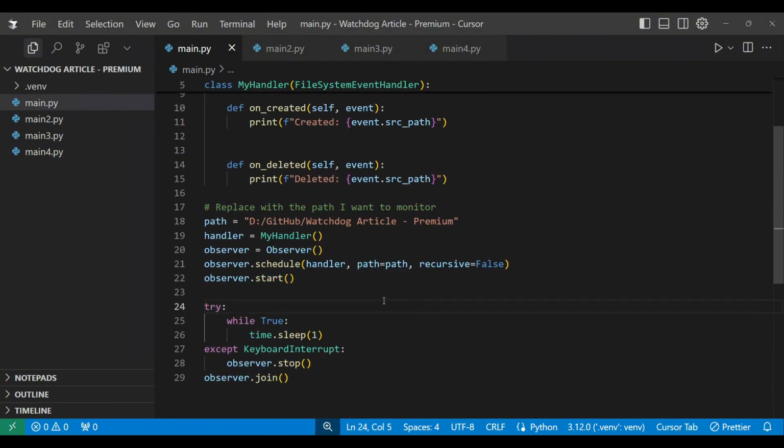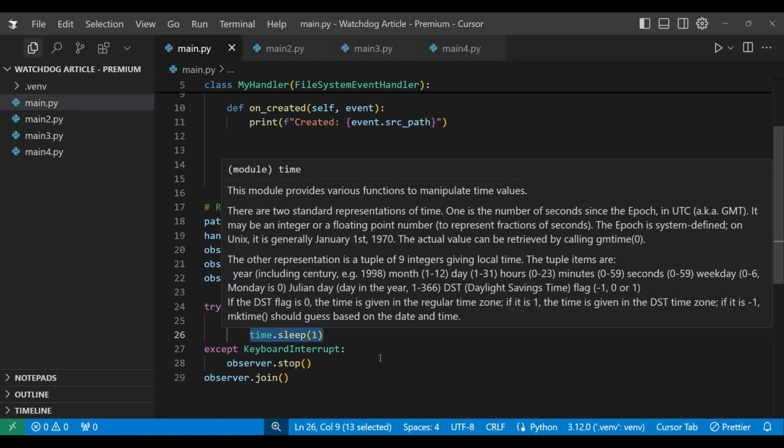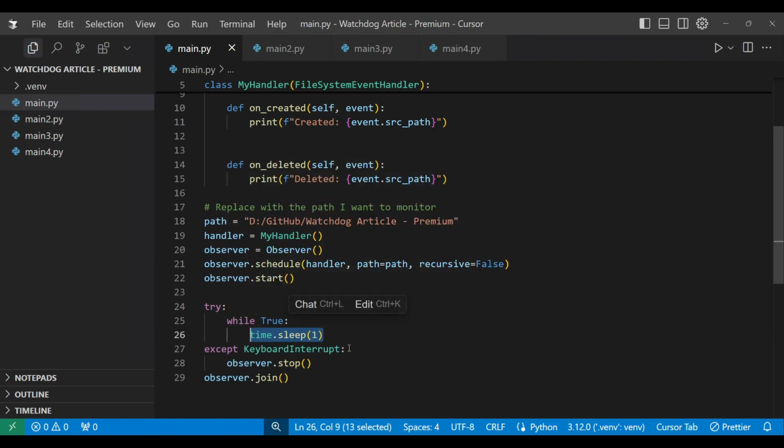So in order to monitor, the script needs to be active. And for that, we're building a while True loop, so it continues indefinitely. We're doing a time sleep to keep the script active. We're surrounded by a try and except, so that we can stop the observer when we do Control-C, for instance, and stop the execution of the script. And after everything has run and we stop the script from running, the observer join, so that the thread that has been started by the observer start can also be stopped in the script, and the thread can stop without any problems. So if I run the script,